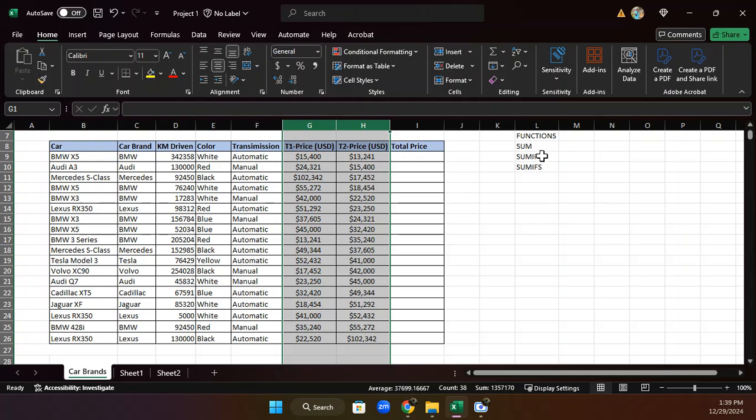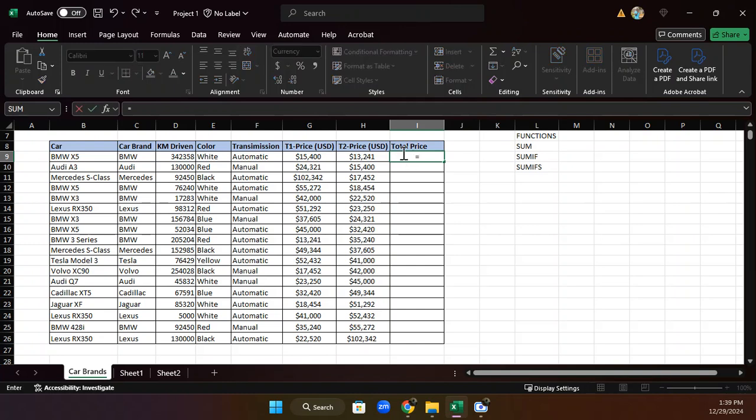So we have the sum, and for the sum it's easier. There are many ways we can add. You can say equal sign, you can just add this plus this, then you press enter, it will give you the sum. Now that is a formula. If you decide to use a function in Microsoft Excel, whenever you're beginning any formula, you start with an equal sign, you open your brackets, then you can